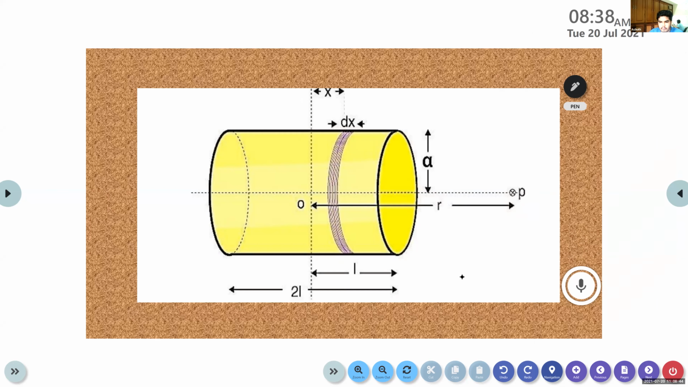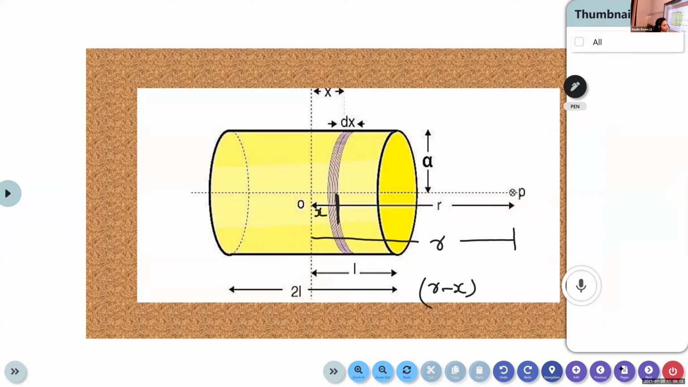We want the distance from the point P to that of the small segment dx. The total distance from the center of the solenoid O to the point P is taken as R. But here we want the distance up to dx, the small element, so the small distance is x. In order to get the distance from the point P to the small segment dx, we subtract that distance, that is R minus x. So our equation becomes,